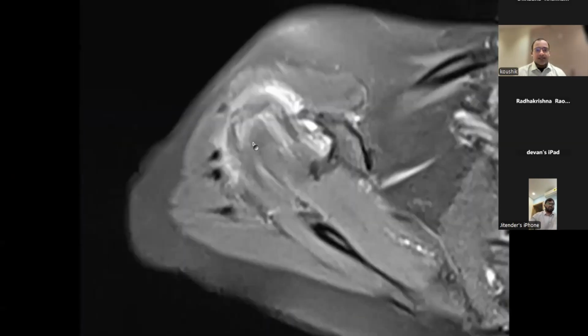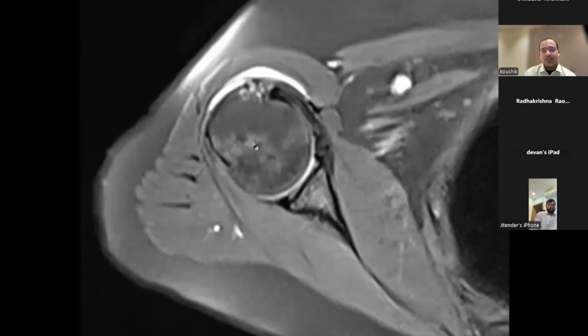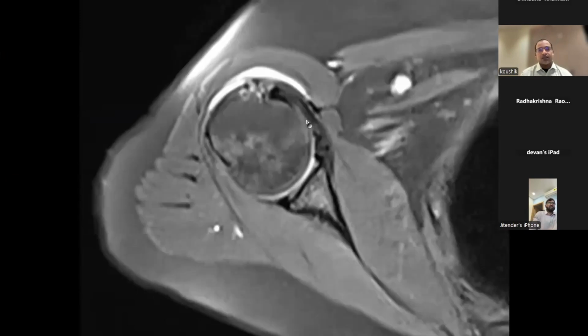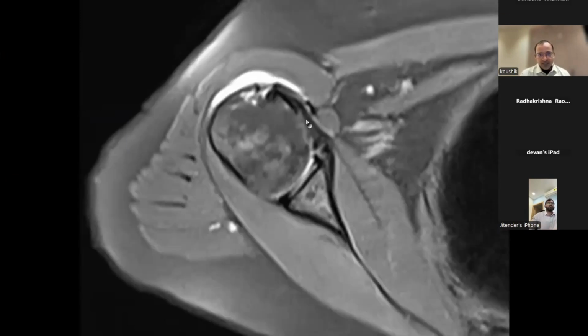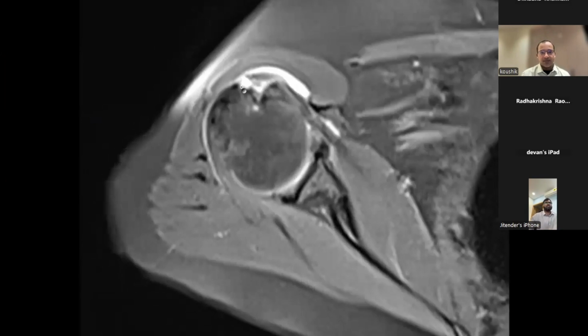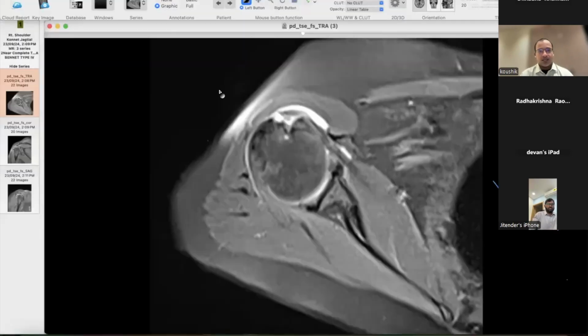It is better seen on axial images, so I'm showing it in axial images. You can see our subscapularis tendon is intact, only partially torn, not completely torn. The long head of biceps tendon, if you see, is medially subluxated, and there is a tear in the lateral fibers, the lateral band of coracohumeral ligament, not the medial complex. It is in the lateral band. So this is a type 4